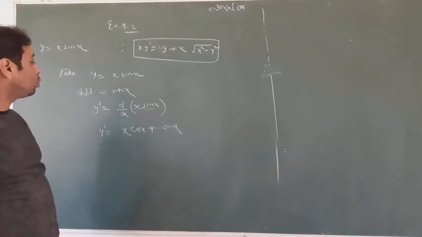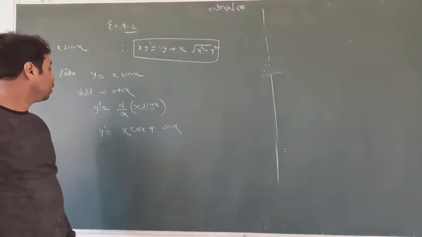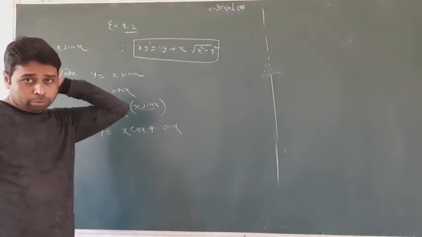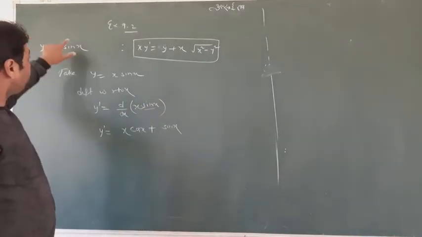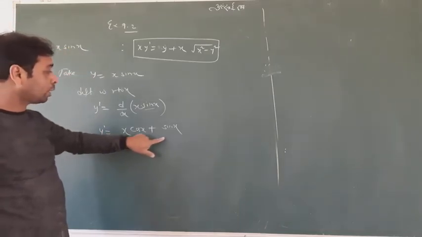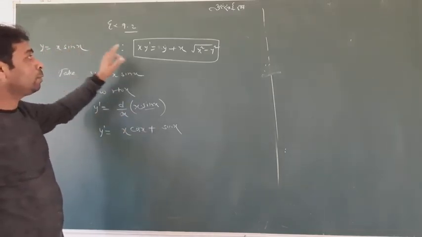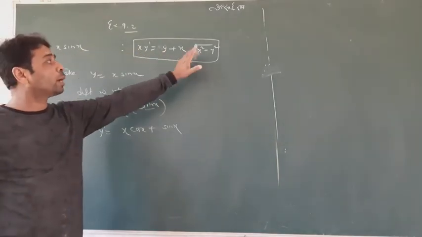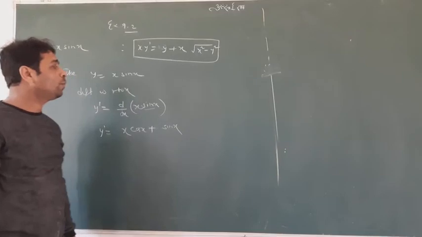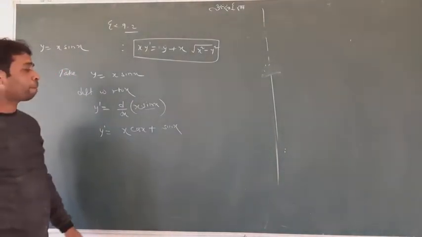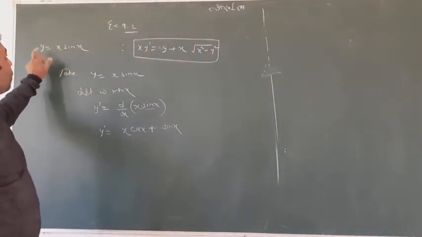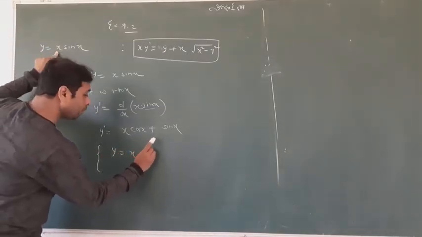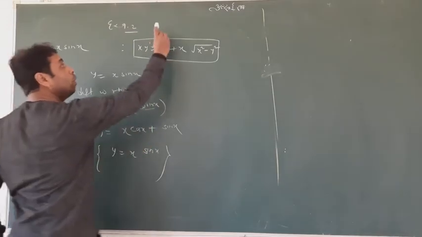Now what can I do? Let me tell you something. We have the equation y equal to x sin x, as well as y dash equal to this. We can take the help of this one. We want to reach here by taking the LHS, we want to try to get the same answer. What can we do here? Can we have sin x equal to y by x? I just want to write it in a curly bracket. I want my whole answer at once.